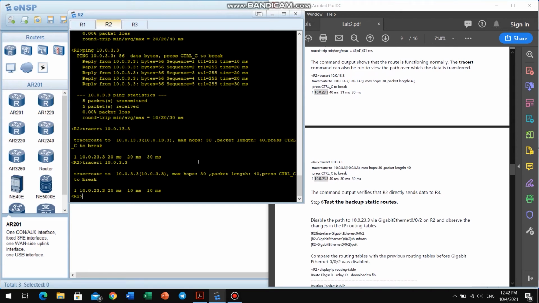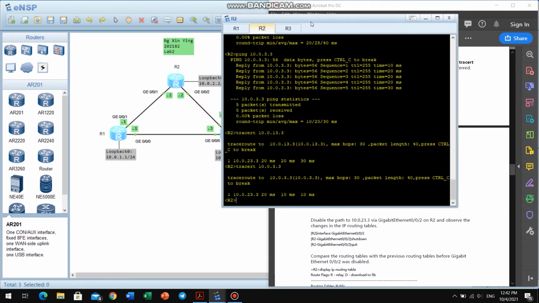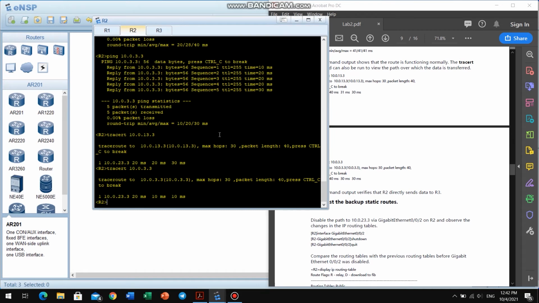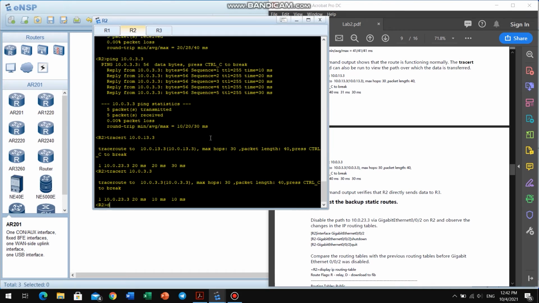So now we test the backup static routes. Firstly we have to disable one route first. We disable this route, then we observe the changes. Can we go through here to here or something? So let's try to disable it first. So let us enter the interface